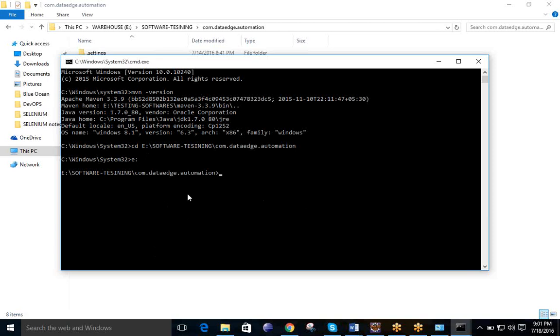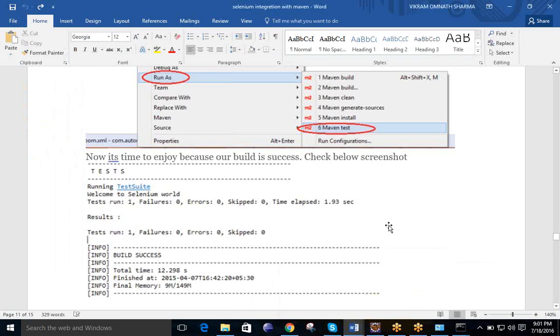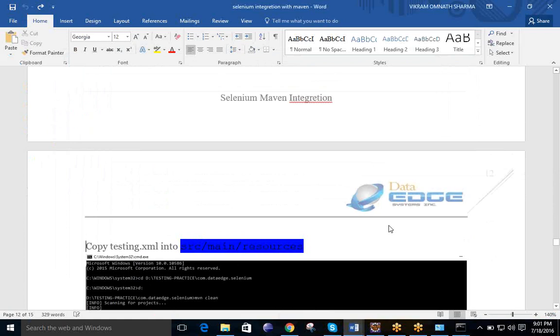Now we are at the Maven project. Let's see whether we are able to run it or not. So what is the first thing that we have to check? How can we run this Maven? What are the different operations you have to perform? We can perform normal operations like we can clean it, we can initialize it, we can run this one, and the basic thing that is required is that you have to get the output from running the Maven project.